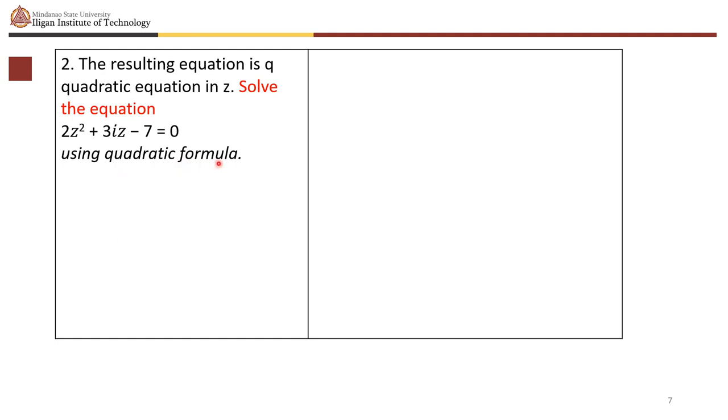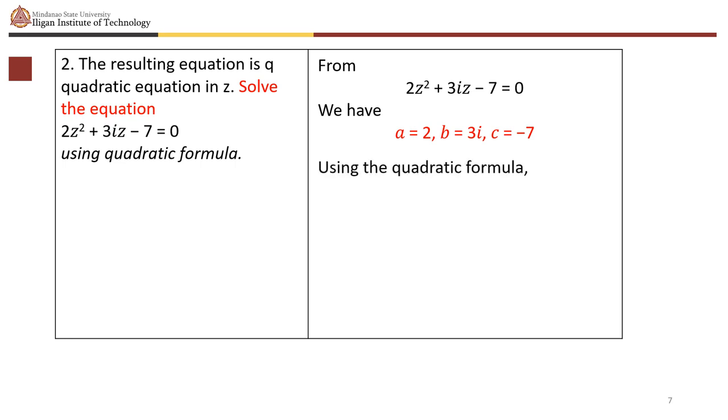the quadratic formula. If you remember, the quadratic formula is given by the equation minus b plus or minus square root of b squared minus 4ac all over 2a. So from here we have a is 2, b is 3i, and c is equal to negative 7. So again, using the quadratic formula, our quadratic formula here should be